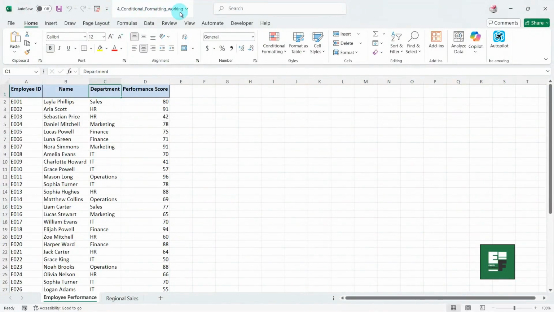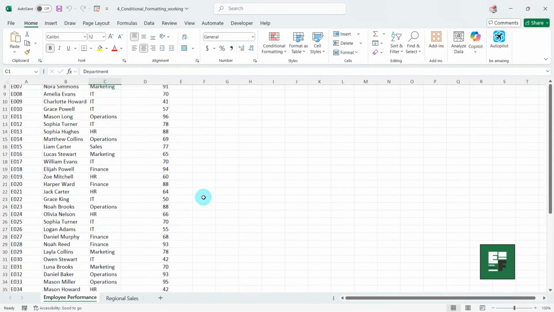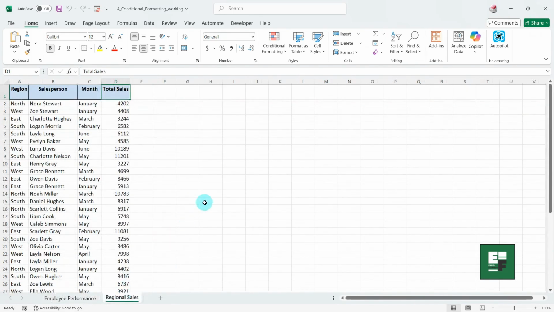I've opened the file named conditionalformattingworking.xlsx. On the first sheet, Employee Performance, we've got 40 rows of employee data. IDs, names, departments, and their performance scores. On the second sheet, Regional Sales, we'll use sales figures to explore advanced formatting techniques. Since the dataset is large, conditional formatting is the perfect tool to make it readable and insightful without any manual